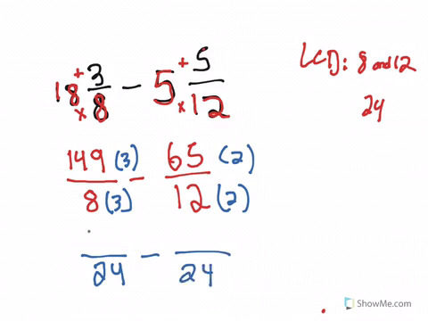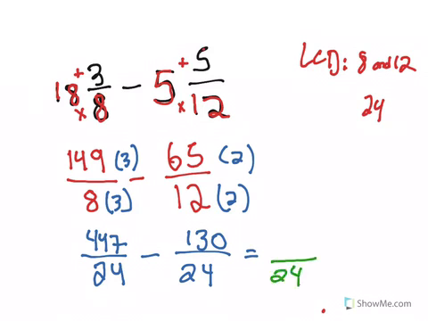149 times 3 gives you 447, and 65 times 2 gives you 130. Now what you simply have to do is subtract the numbers on the top. The denominator stays the same, and when you subtract that, it gives you 317. Now usually when the question originated with mixed numbers, the final answer, they're going to want it in a